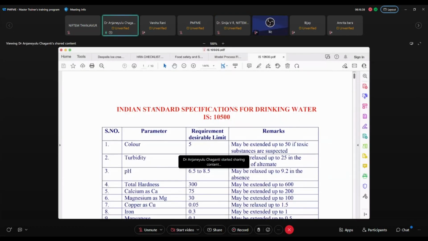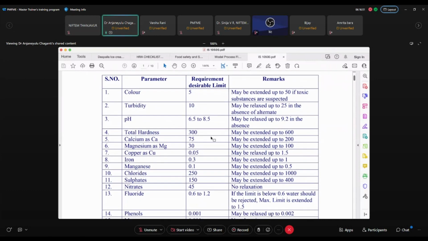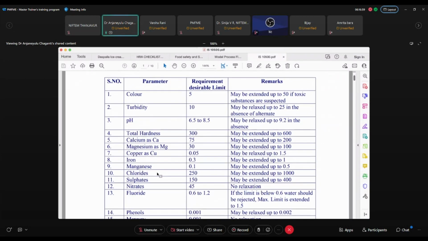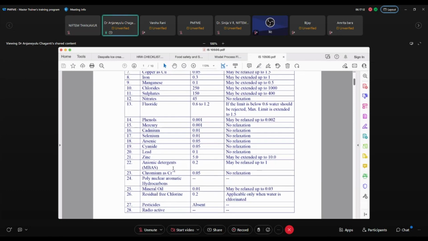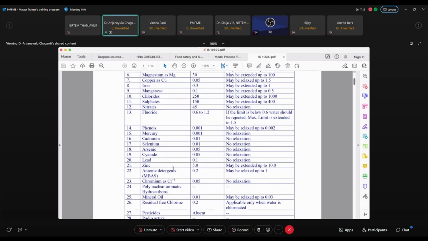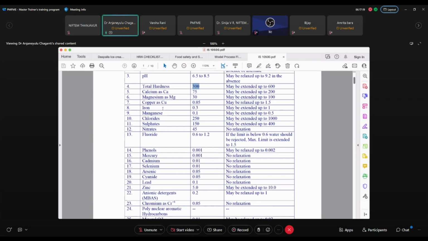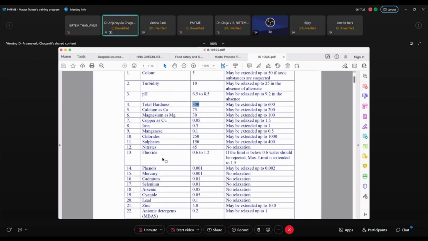Hmm. See, this is the Indian Standard specification for drinking water. This is 10500. Indian Standard 10500 means this standard is for drinking water, actually potable water. So in this, pH or TDS, whatever the requirement, dissolved solids you can consider, there is no specification actually. Okay, you can consider hardness, or extended up to 600 because if there is no water activity, and at the same level, we can check the other requirements like calcium carbonate levels, as well as some others we can consider. But